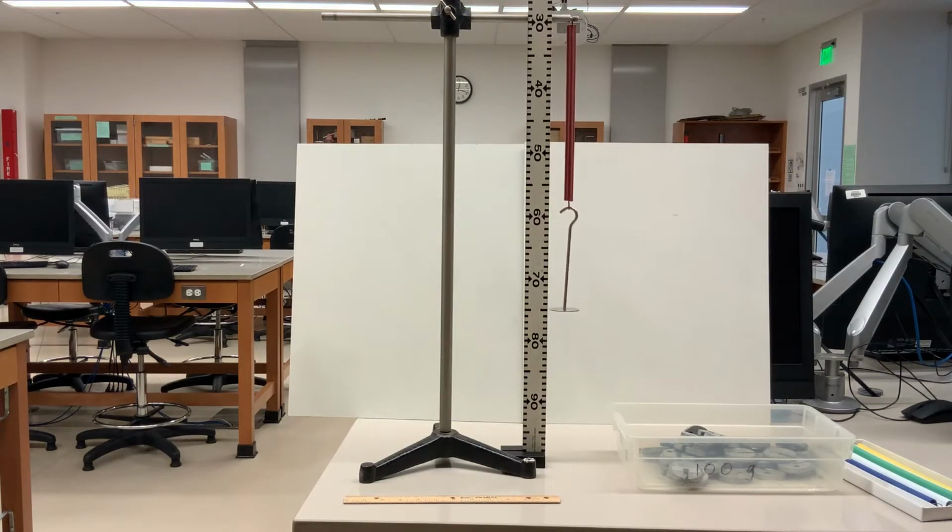This is footage for Hooke's Law. We have the red spring that's on there right now. There's a 50-gram hanger. It's not stretched out as of yet. It requires more mass for it to be stretched out, and I'm going to be putting onto the hanger